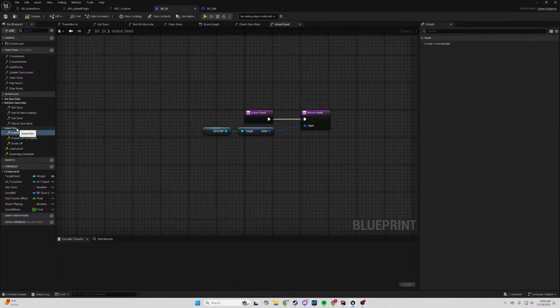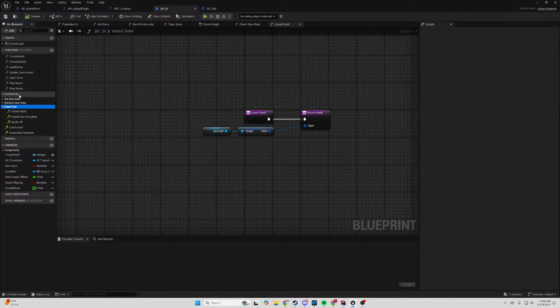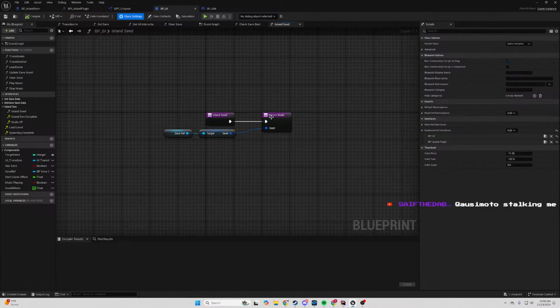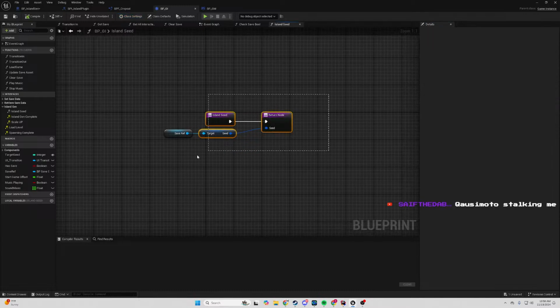Okay, so essentially, if we go to class settings, we can see we have multiple interfaces, and these interfaces are what is sending those things. However,